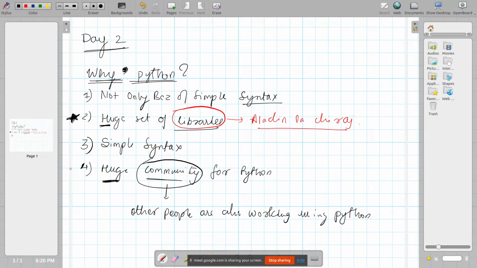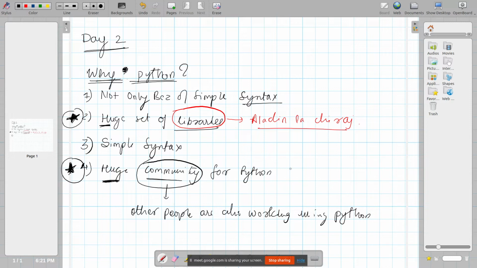These are two very important points from my perspective. I am not going to teach you theory on why Python, like a 5 marks question where you will be asked why Python and you should tell all these points. That's not my point, you will get that done in your college. But these are two important points according to me: Python has a huge set of libraries, and Python has a huge community.